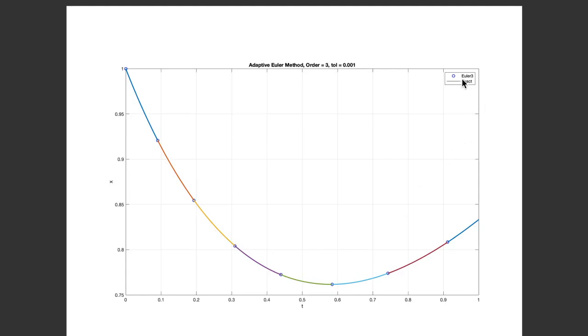And again, at this level of resolution, pretty much indistinguishable from the exact solution. If you zoomed in, you would see an error. It'd be about on the order of 1 part in 1,000. And you could decrease that by just decreasing your tolerance. And that would give you a more accurate solution. So the adaptive Euler method really incorporates the fundamental ideas that are present in all